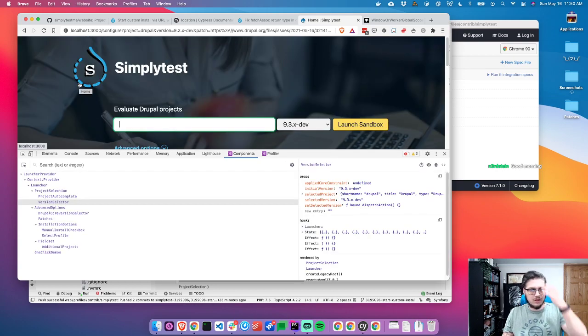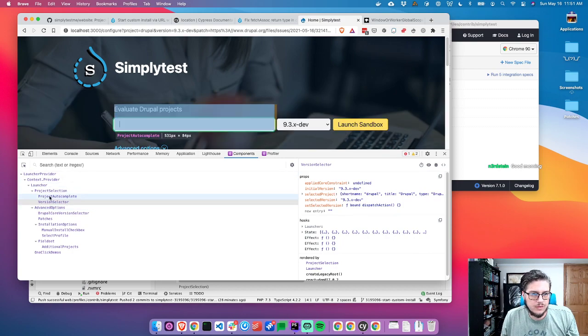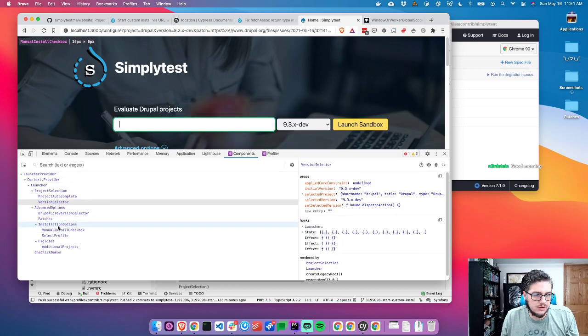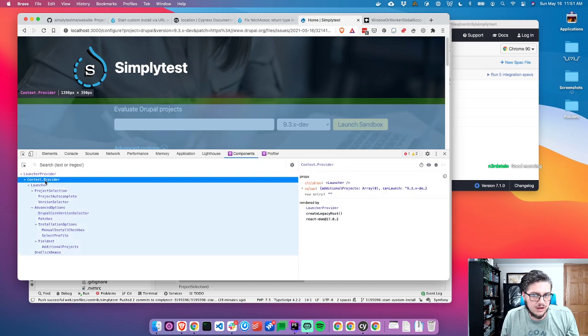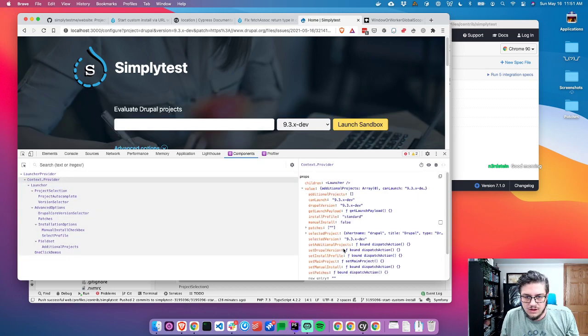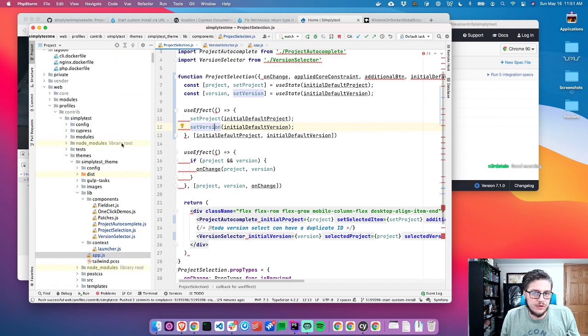All right, so it is auto-completing there. And let's look at this core version selector, state that, and the context provider value set Drupal version. Drupal version is 9.3.x-dev. Can launch is true. So in our redirect,